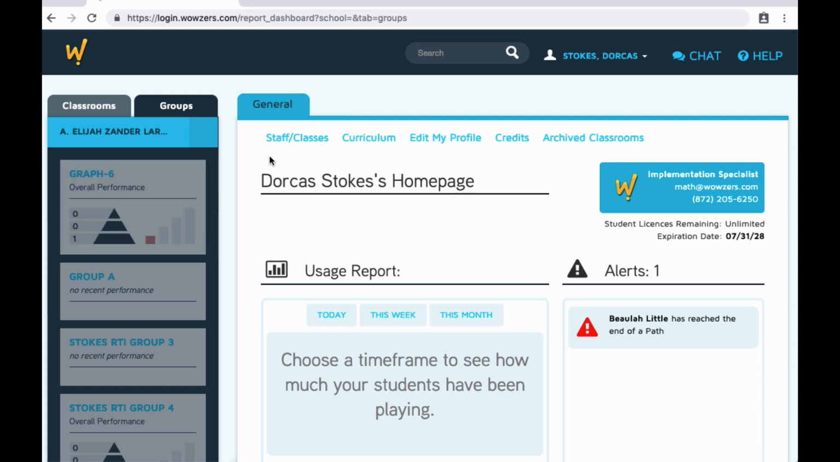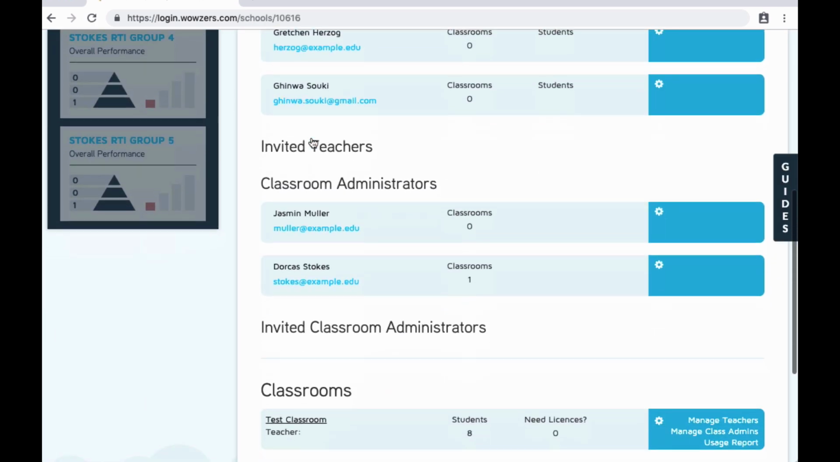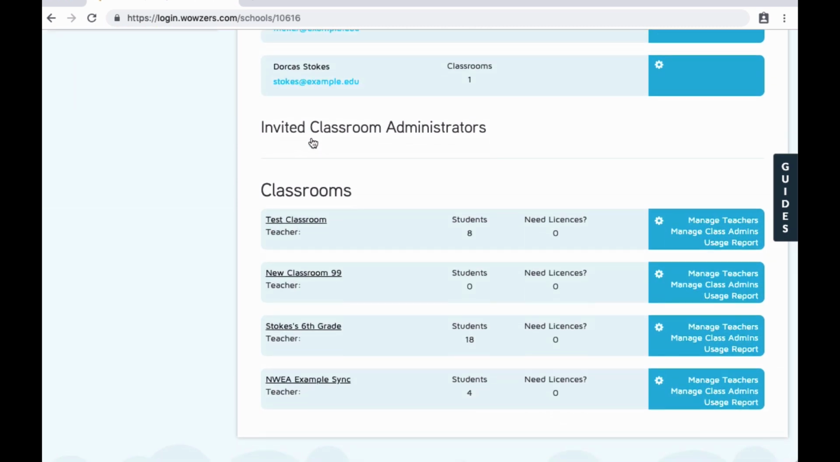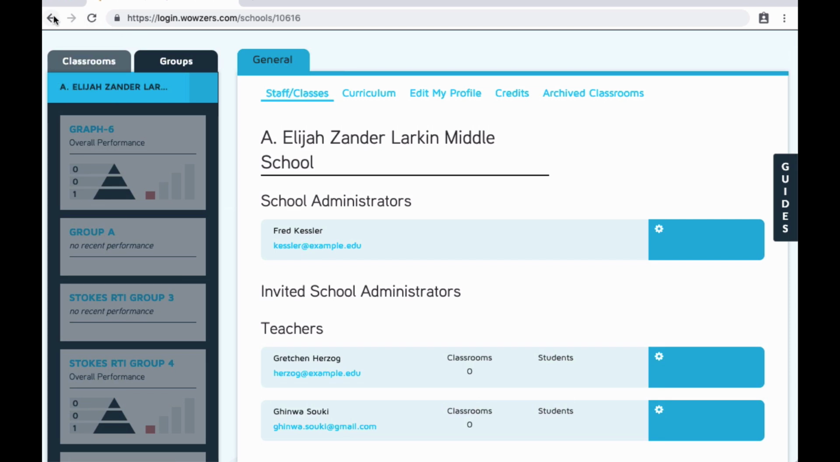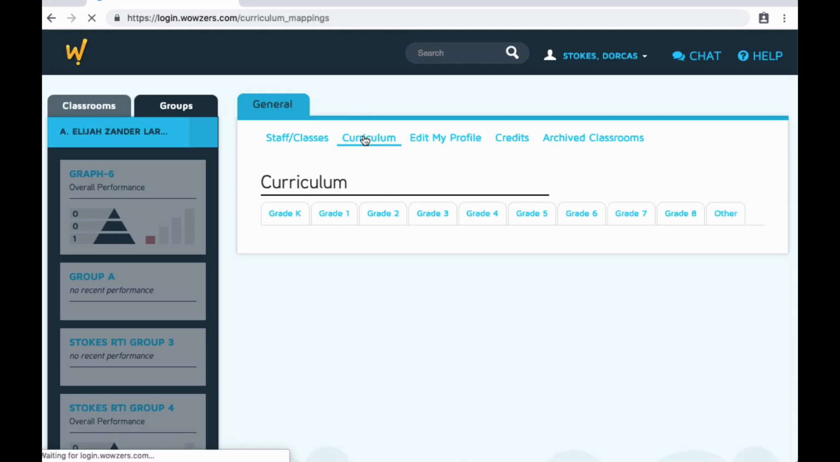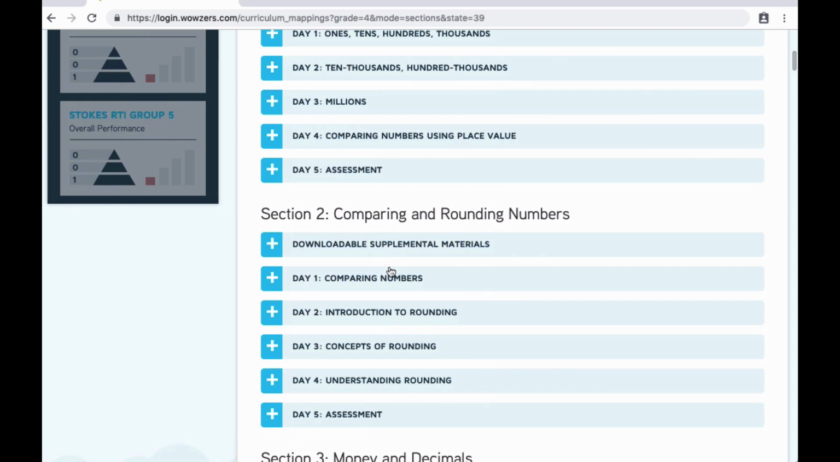Up here you can see several links. The Staff/Classes link takes you to a list of all the staff associated with your classroom, school, or district, along with the number of admins, classrooms, teachers, and students in each school set up in Wowzers. The Curriculum link takes you to a summary of all the content in Wowzers. There you can see exactly what content is available, what standards are associated with each activity, and preview any of